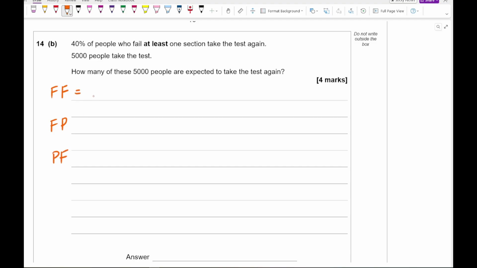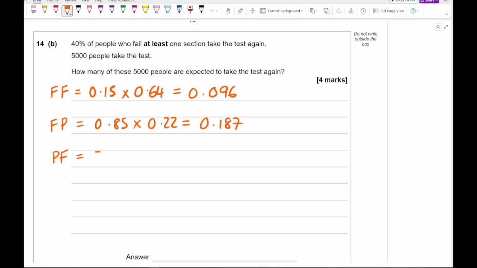So using the probabilities from the tree diagram, this is going to be 0.15 multiplied by 0.64, and that gives me an answer of 0.096. A fail and a pass is 0.85 multiplied by 0.22, which gives me 0.187. And a pass and a fail is 0.15 multiplied by 0.36, which gives me a probability of 0.054. Then all I need to do is add those 3 probabilities together, which gives me